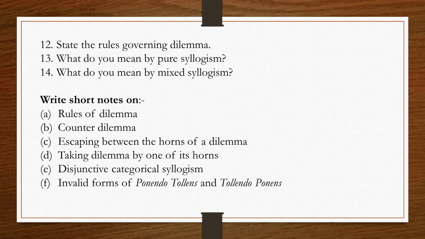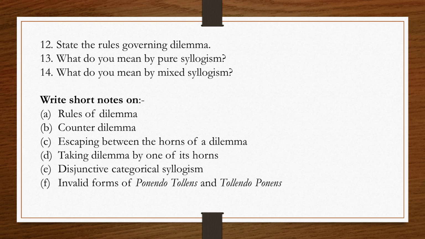The two rules of the hypothetical categorical syllogism are also rules of the dilemma, but there are some different rules; write those two rules. By affirming the antecedents disjunctively in the minor premise we affirm the consequence in the conclusion. One second. By denying the consequence disjunctively in the minor premise we deny the antecedent or antecedents in the